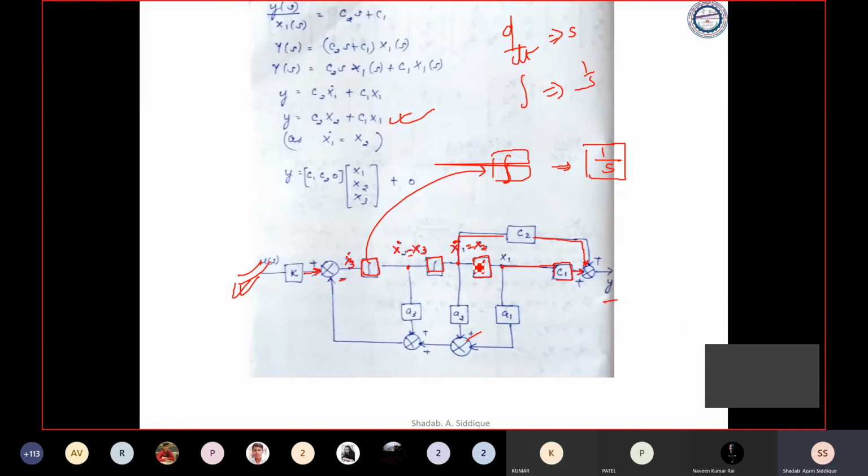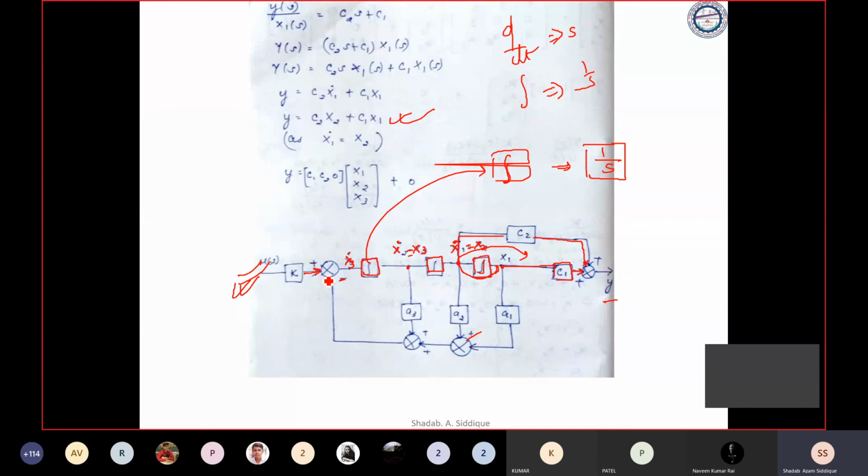This is a very, very simple problem. So how will you reduce? You have an integrator. You just take this takeoff point to this side, and this takeoff point to this side. If you take it to this side, these two will be in parallel, and these two will be in parallel to this. Again, you can take this takeoff point to this side, so all three will be in parallel. Then all three will be in cascade, and we'll have an elimination of the feedback system, and you can eliminate all these and get the transfer function.